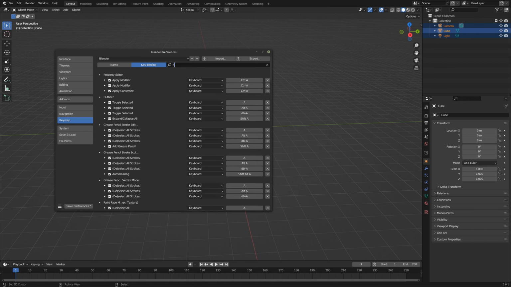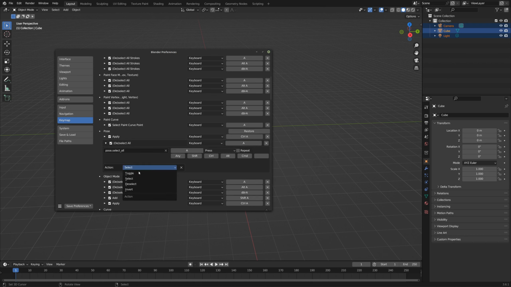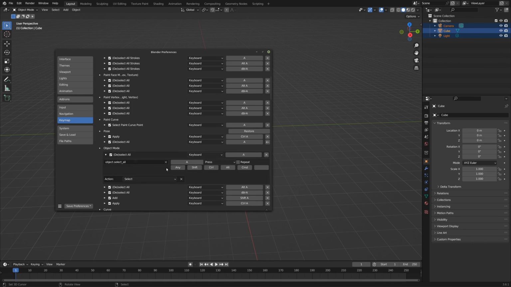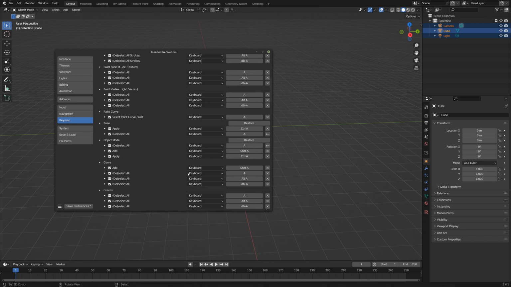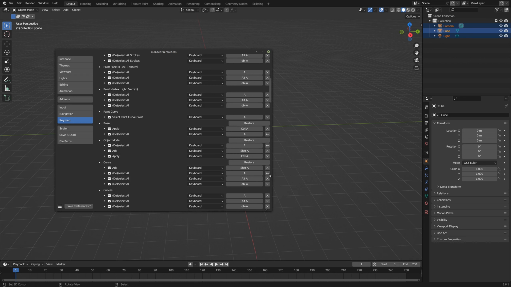We're just going to hit the letter A, and then I'm going to look through the list here. We have pose, and we see we have a deselect all, 3 different options, A, Alt A, and double A. I'm going to actually remove those. I'm going to go to here, open this up, and change this to toggle. And then I'm going to do the same thing in object mode. I'm going to change that to toggle, and I'll get rid of the Alt A and the double A, and curve. Basically, I'm just going to change all of these to toggle, because